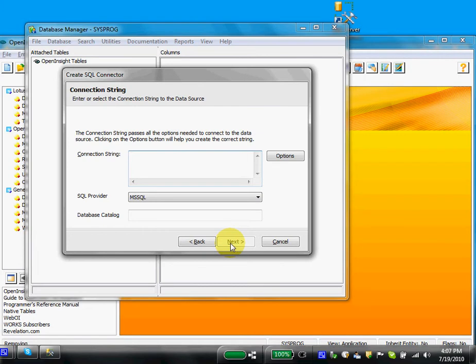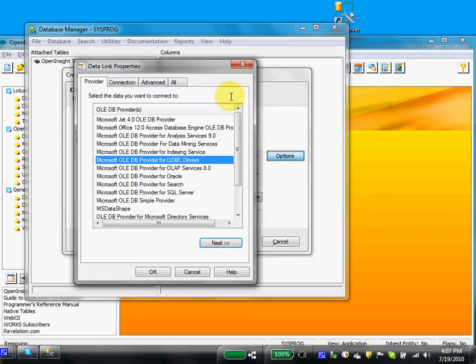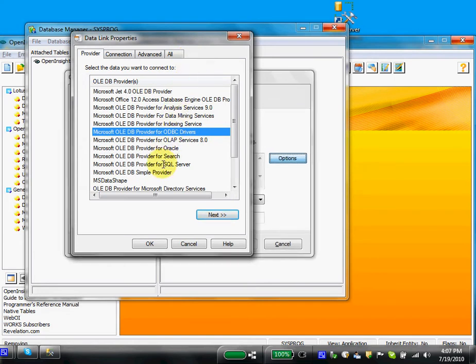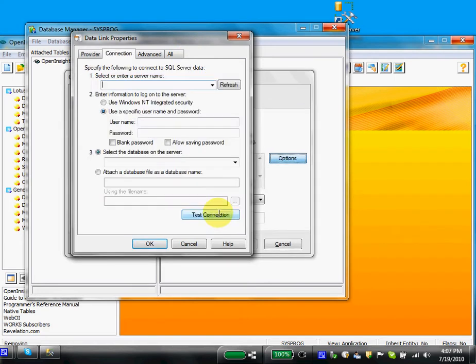Now we're asked how we're going to connect to the data source. Now this can probably be provided to you from the DBA of this particular SQL server that you're going against. I'm going to click on the options button here, and it will prompt me with a data link properties window. Because I'm going to SQL Server, I'm going to choose the Microsoft OLE DB provider for SQL Server and click on the next button. I'm going to enter the name of the server that I'm working with, which was MTR